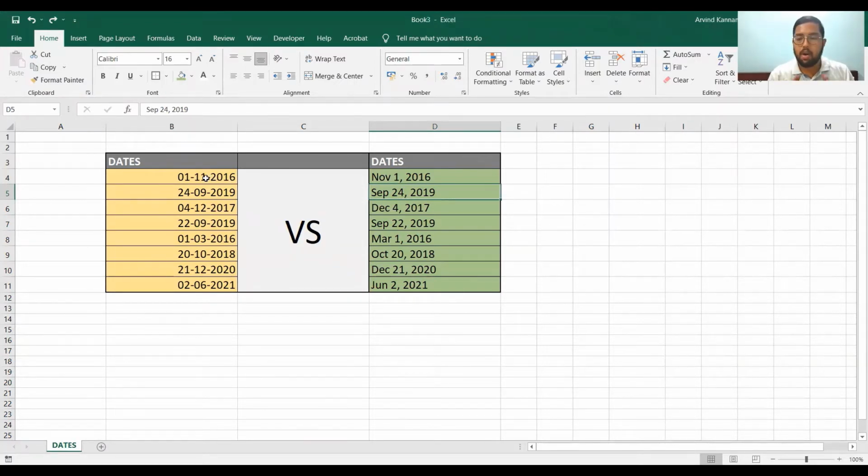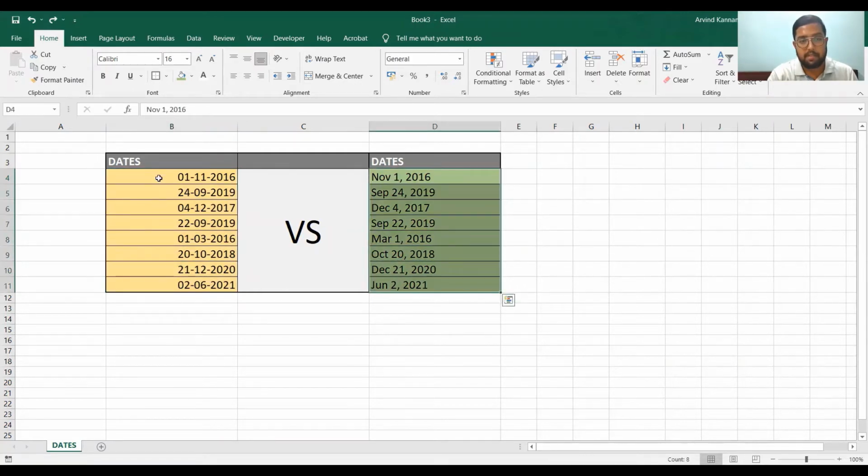Now, all numbers in Excel align themselves towards the right-hand side of the cell, like you see here. But text operates differently. Text always aligns itself towards the left-hand side of the cell, like you see here. So this is a quick way of seeing whether something is a number or a text, right? This is in a number format and this is in a text format.